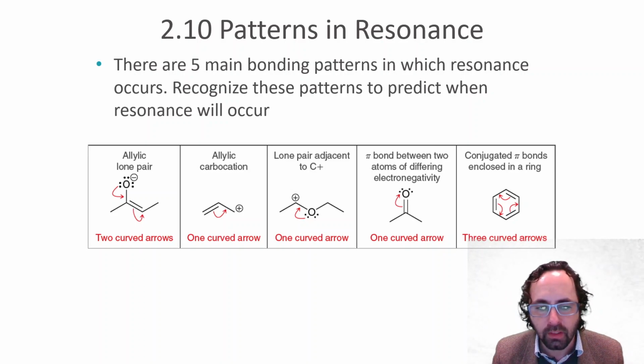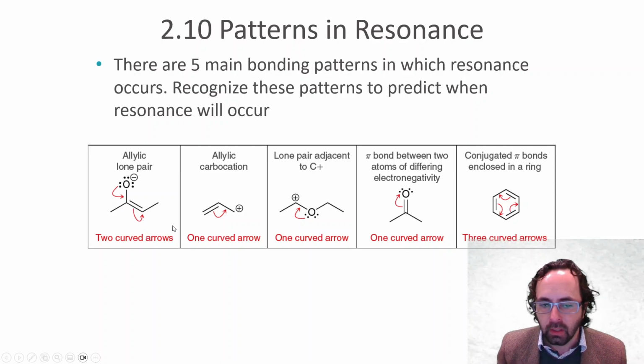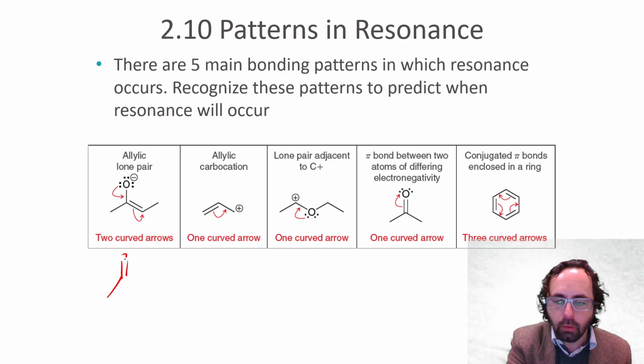So when you look at a molecule and you see this, you should expect that usually these electrons are going to be delocalized. And you should be able to use arrows to show the movement of these electrons through this molecule. And this will occur when you have an allylic lone pair, meaning a lone pair that is on an atom that is right next to another atom involved in a pi bond, double bond here. And so we can have a situation where we show these electrons here moving and these electrons. You use two curved arrows, and ultimately, if we were to do that here, it makes an oxygen with a double bond, and now this carbon has a lone pair, and therefore it has a negative formal